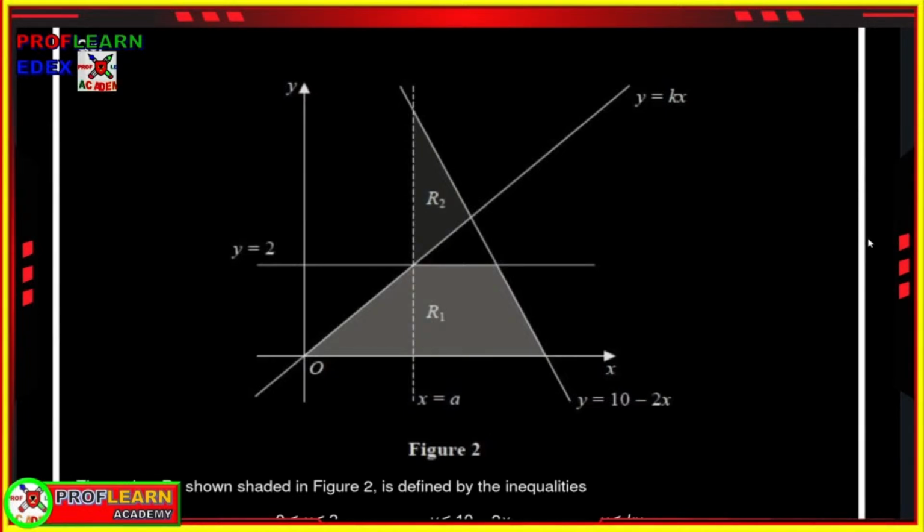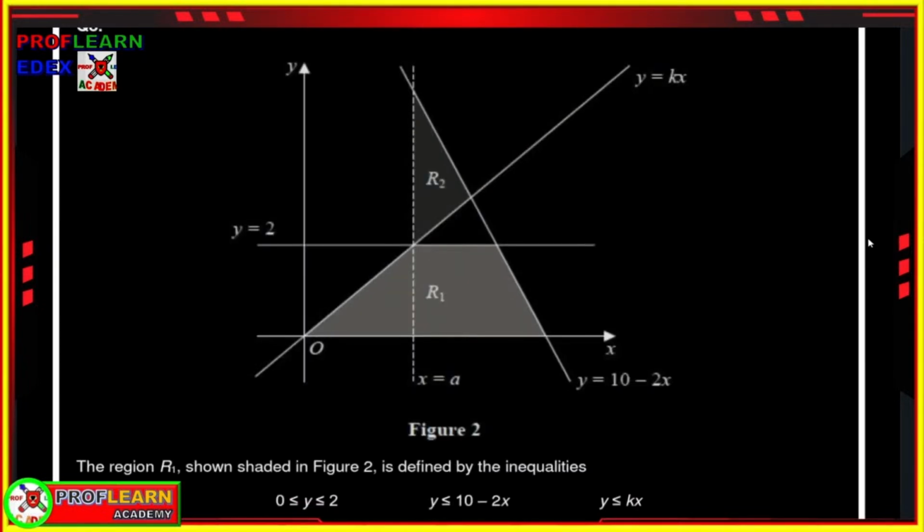So we need to move to the next part, and I believe this next part is also going to involve more inequalities, but we are going to learn some new concepts that maybe can be very helpful in your exam. We have the region shaded, and the region R1 shown shaded in figure 2 is defined by the inequalities. The inequalities are well stipulated here,